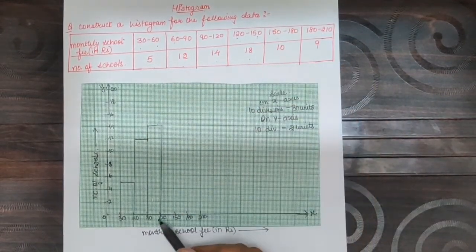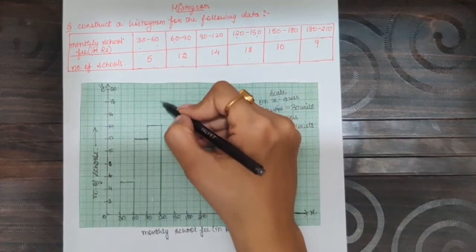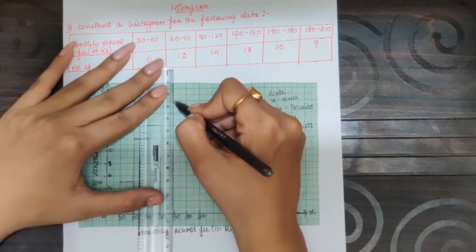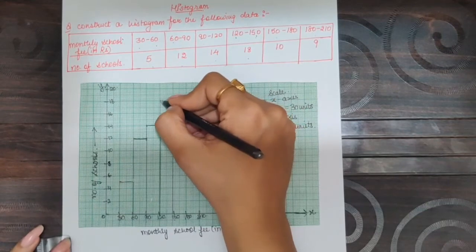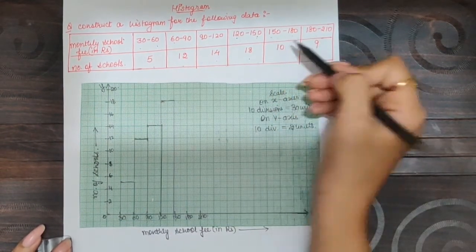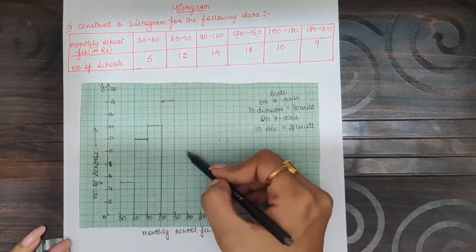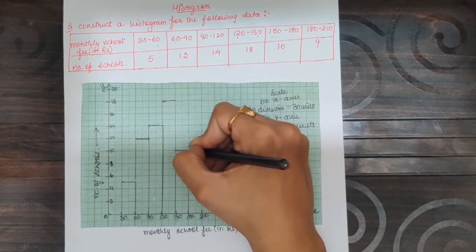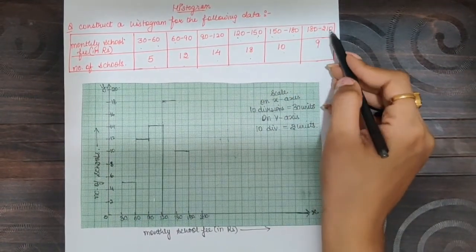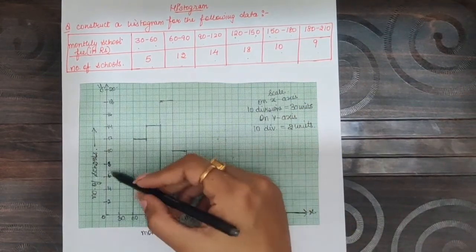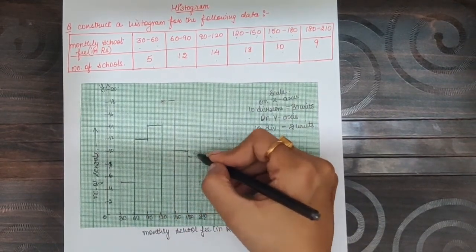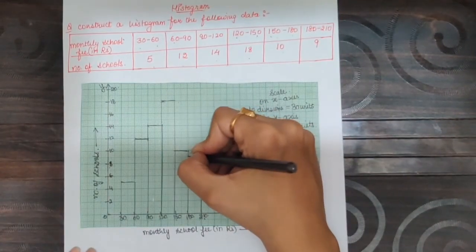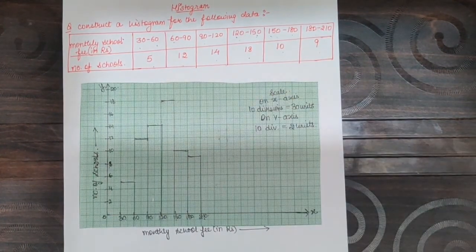For 120 to 150, frequency is 18. Draw a rectangle representing 18 as frequency for class interval 120 to 150. For 150 to 180, frequency is 10. So now draw a rectangle representing 10 as frequency for class interval 150 to 180. For 180 to 210, frequency is 9. Draw a rectangle representing 9 for class interval 180 to 210. This is how